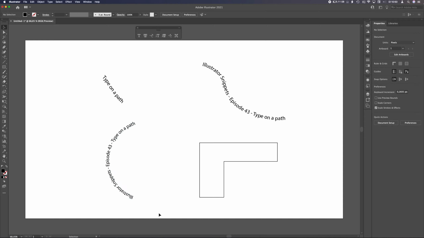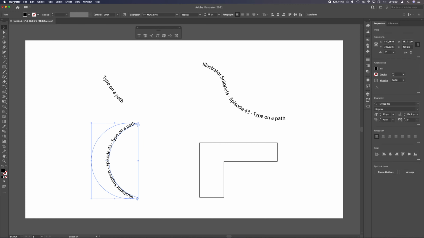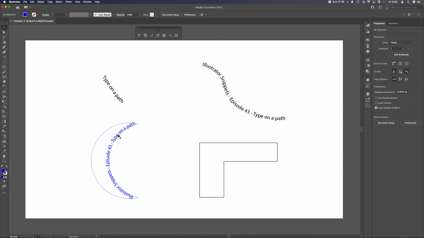Okay, remember one more thing. If you use a type on a path, as you can see, my shape is still here, but there's no stroke, no fill. There was a black stroke and no fill. And here it says a black fill, but that's for the text. So you can change the color and it will change your text color. So your shape is still there, but you can't work with the shape anymore. So if you need the shape to be visible,